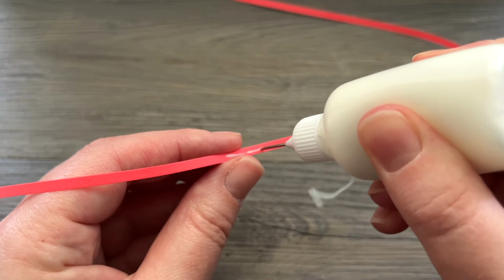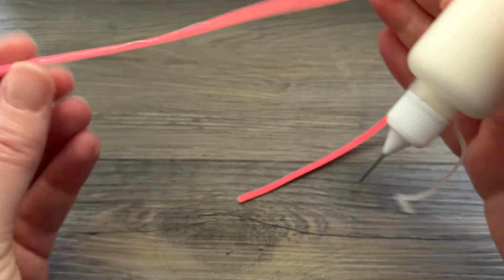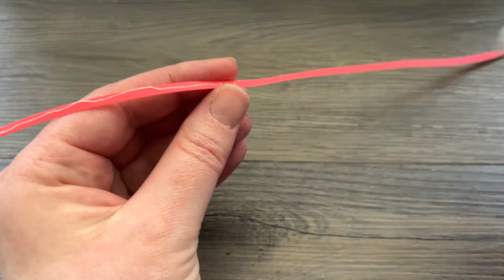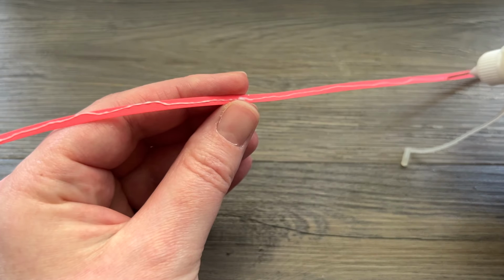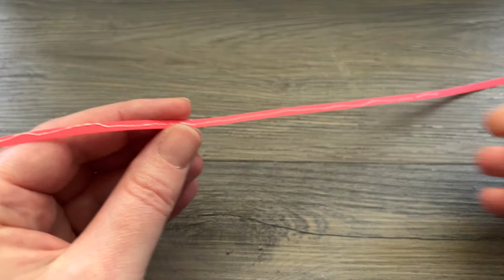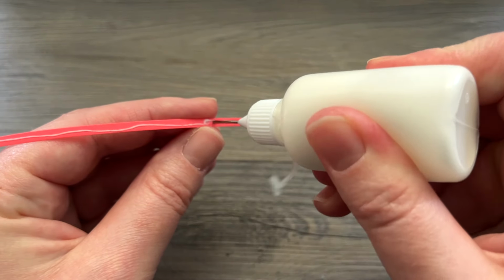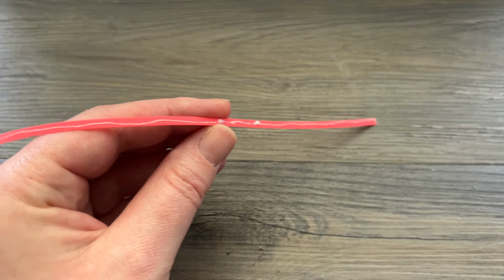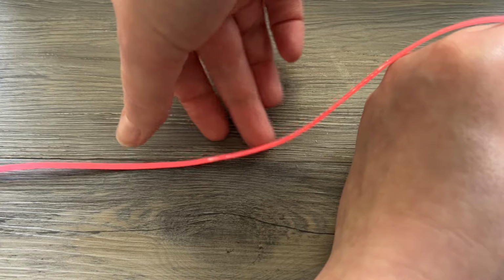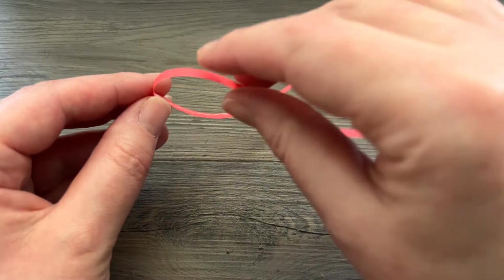So I'm using Sunset Red from Craft Harbor paper, but on its own, it is not thick enough to stand up to what we need it to do. So we're going to be making a quadruple thick strip. So instead of just doing the double thick that I do quite often, we're going to be folding this to make it 4 times the thickness of itself on its own. So starting with this really long strip,